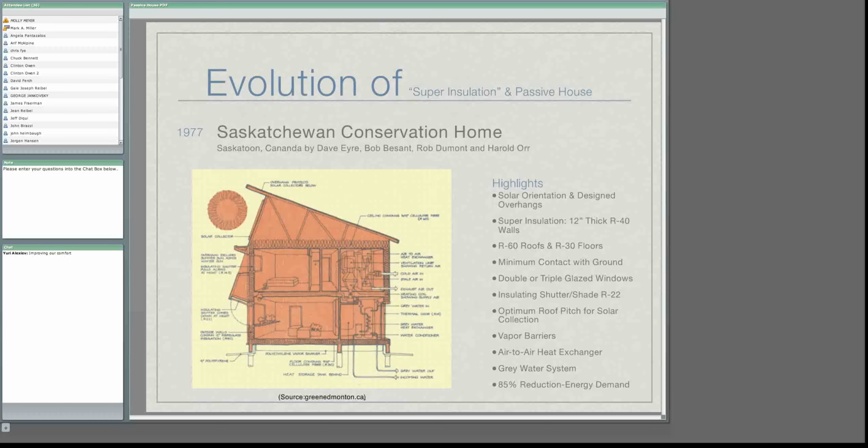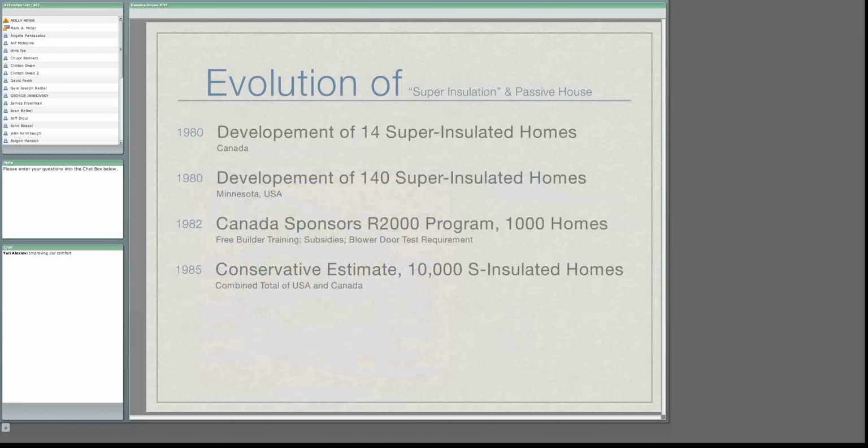You can see this idea of continuous super insulation in the walls and the roof. And then they actually tried to do a gray water system, we see. And so when you add up all of these benefits of the Saskatchewan house, you find that you have an 85% reduction in energy demand. This is very significant. One of my favorite examples. So from here, we go